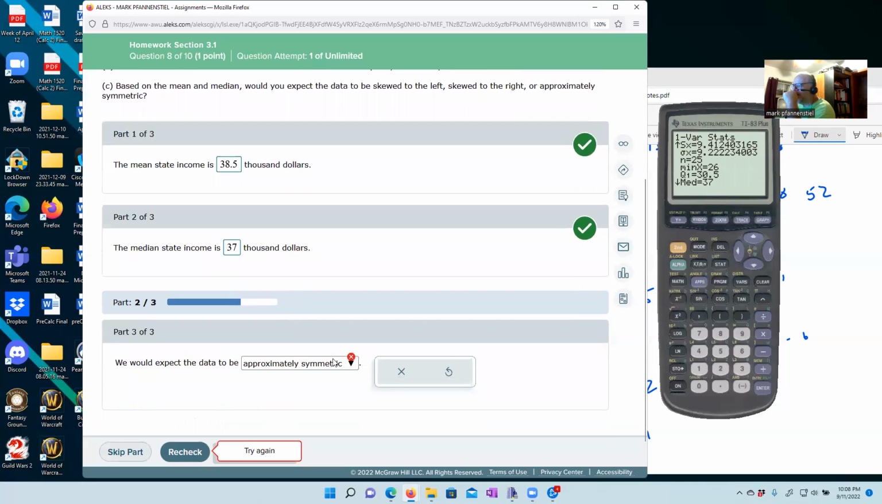Oh, they don't like it. They're not symmetric. Of course they are. I would say they're symmetric. Well, let's see here. The mean is a little bit lower than the median. I'd say it's a little too close. Okay, so the mean is a little bit lower, so they would like to say that this is going to be a